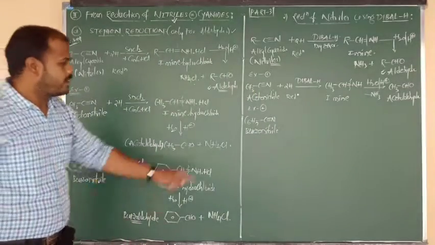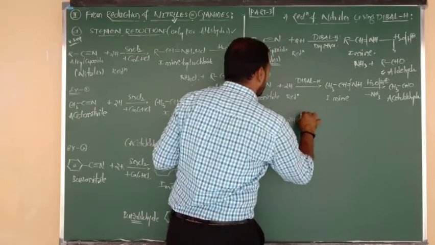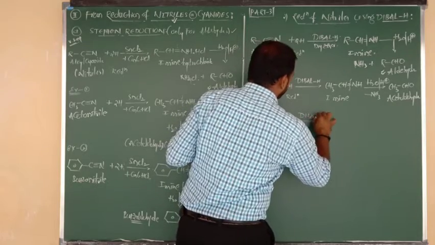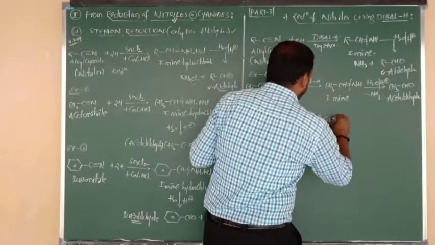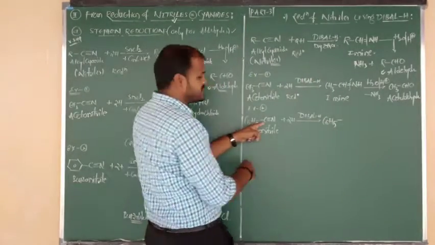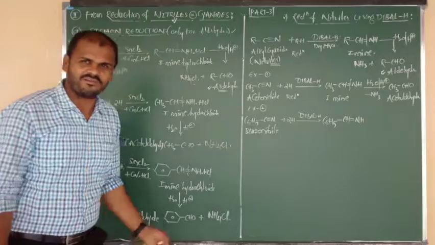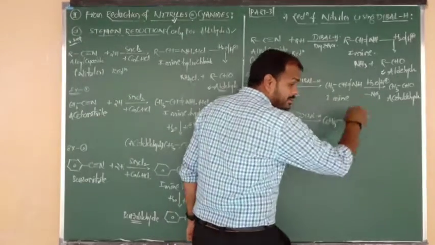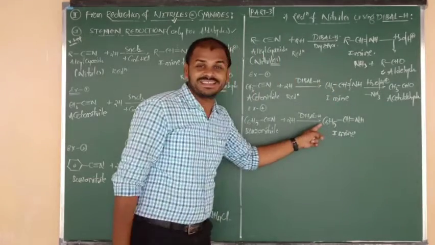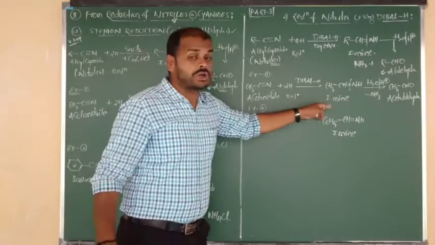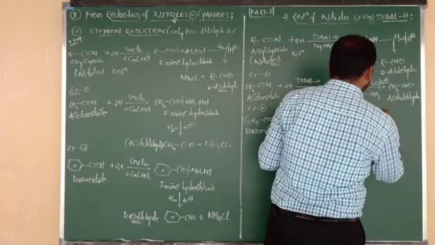Phenyl cyanide or benzonitrile undergoes the process of reduction, addition of hydrogen takes place using Diebol H. Same thing: C6H5, the phenyl group, is connected to C, C is attacked by H, again triple bond becomes double bond and N becomes NH after reduction. So this is also nothing but CH double bond NH. This form we always have to fix as the imine form, and also we can say benzaldehyde. This is benzaldehyde. So followed by it, it undergoes the process of hydrolysis.